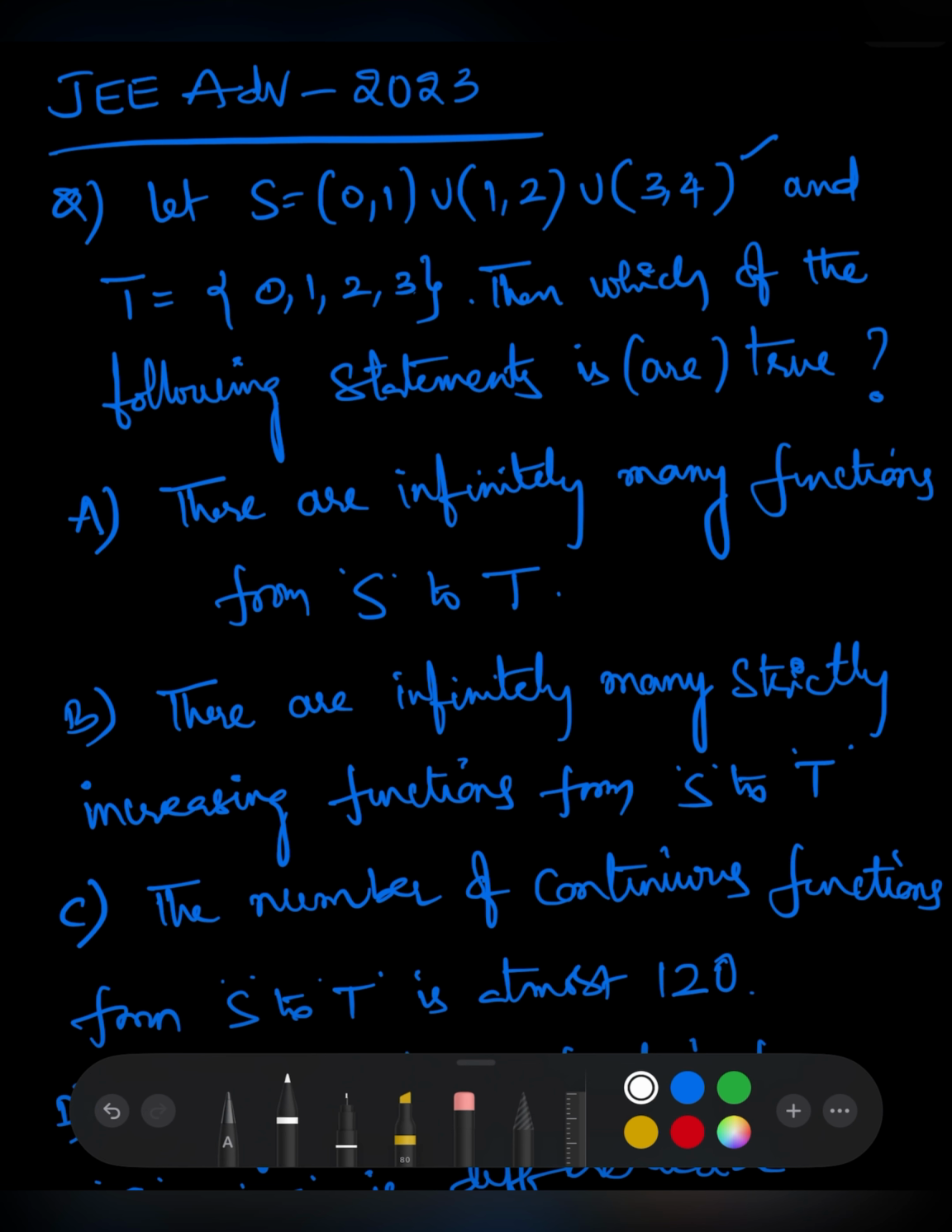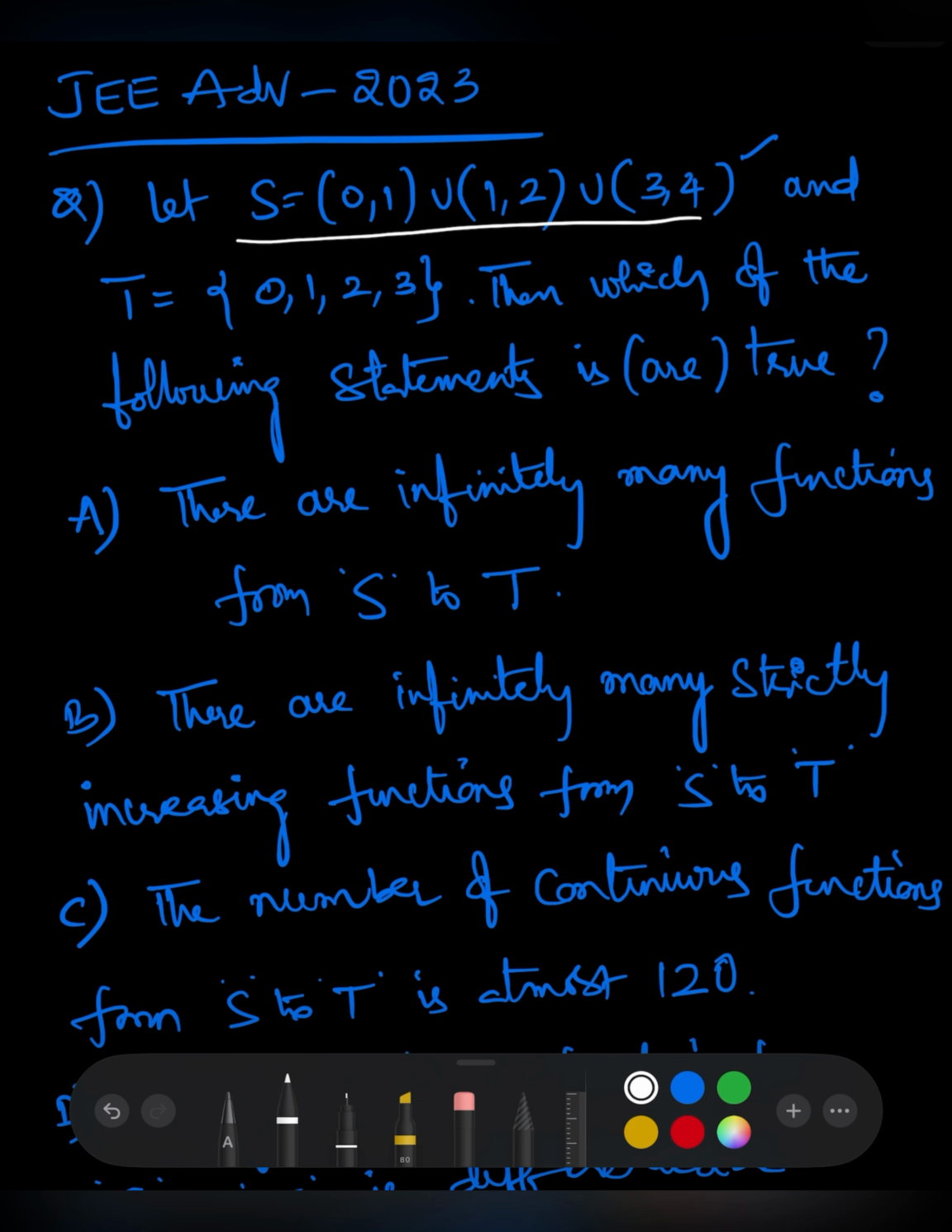The question is: let S equal the open interval 0 to 1 union the open interval 1 to 2 union the open interval 3 to 4. We need to understand that S contains an infinite number of elements, because although 0 and 1 are excluded, in between 0 and 1 there are infinitely many values. So S contains infinitely many values, which we have to keep in mind. And T equals the set